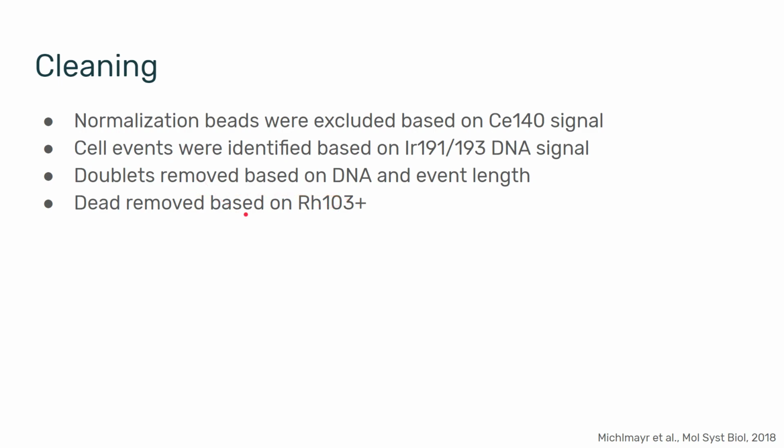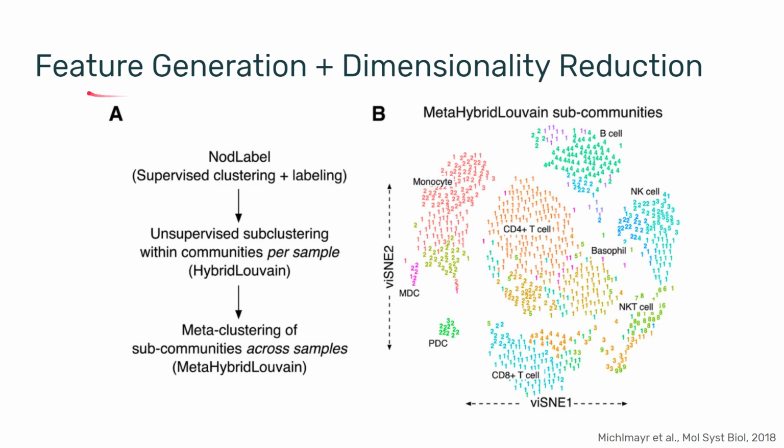Likewise, for flow cytometry, there are no normalization beads, but there is compensation, and cell events and doublets will be identified on forward scatter and side scatter, and dead or alive with one of the dyes for dead or alive. Then it's about feature generation, taking the single cell data and making it into something that has a biological name